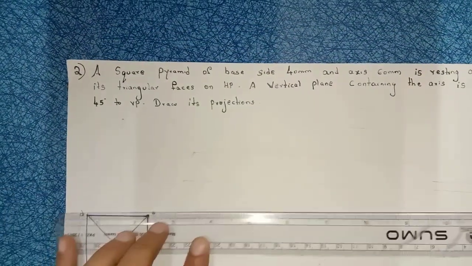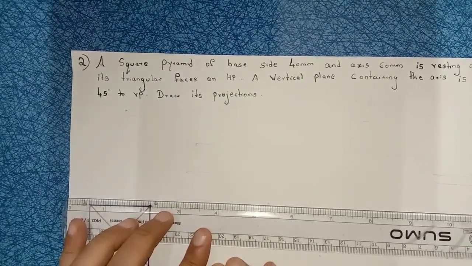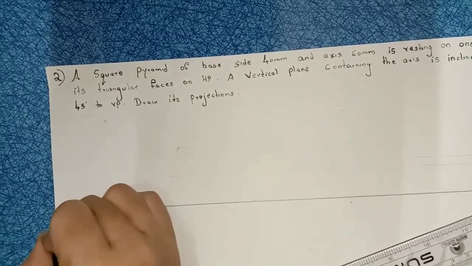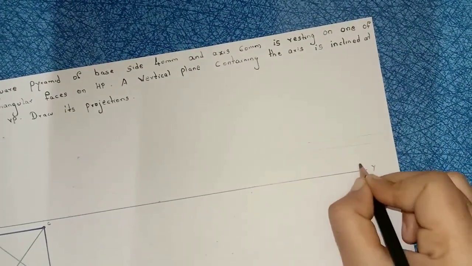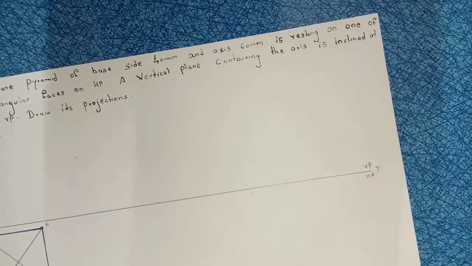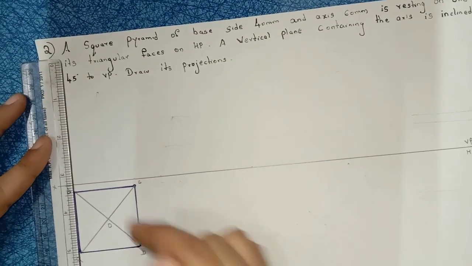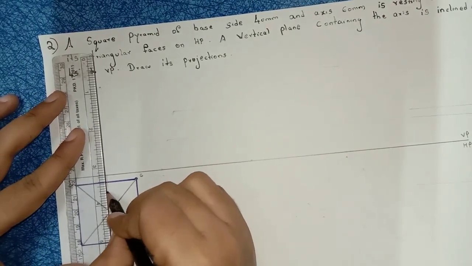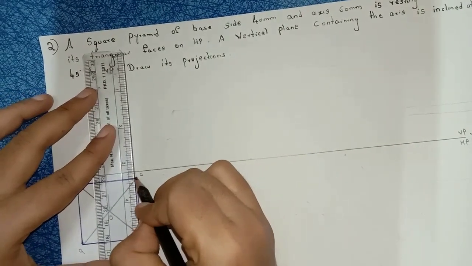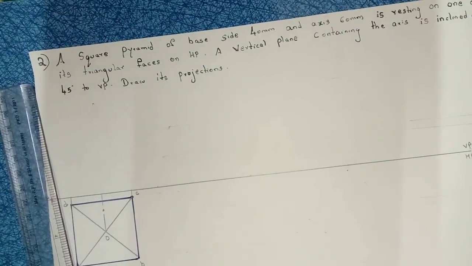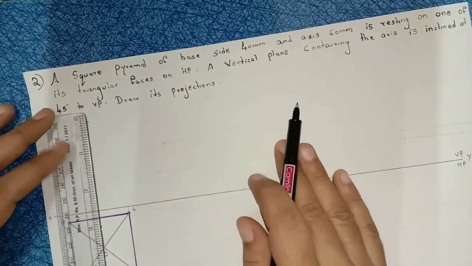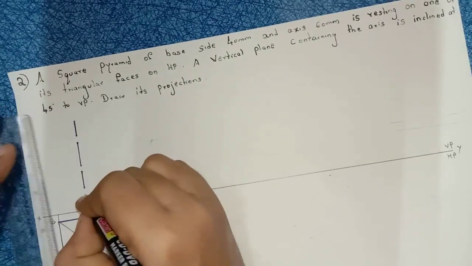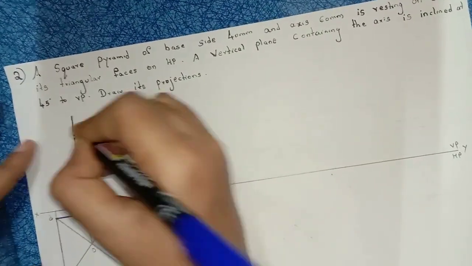Right, now from this square leave 5 mm gap and draw the reference line of any length. Right, name it as X, Y, vertical plane and horizontal plane. Right, now project all these corners to the reference line. This is your axis line, it should be dash dot. Project all the corners till the reference line. Right, now axis height is how much? 60 mm. From here I am taking 60 mm height. Right, so axis line should be dash dot here.